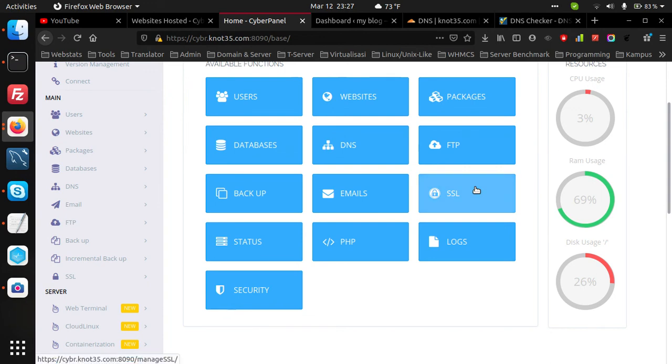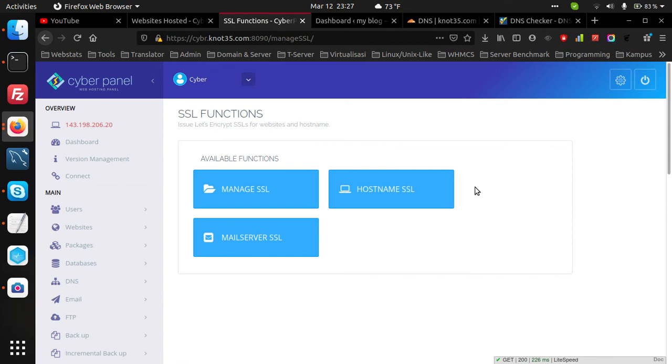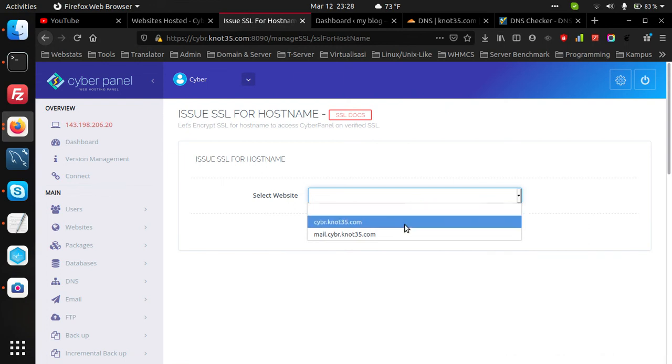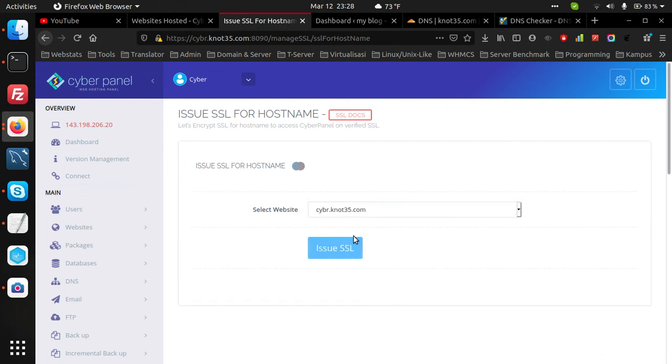Then we can click the SSL, then hostname SSL. So issue the hostname SSL like this, then issue.